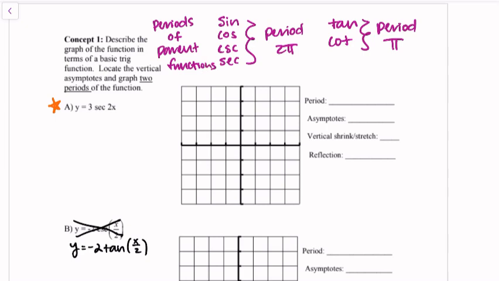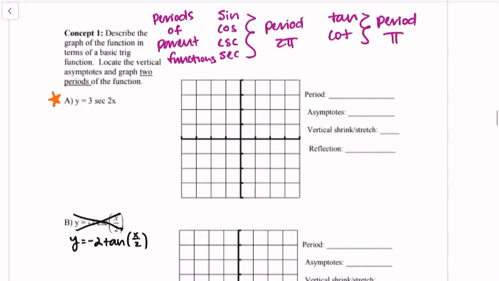Okay, back to what I was saying before, though. So our function that we're looking at is 3 secant of 2x. Well, let's just go ahead and describe what's happening. First, I should know what my secant graph is going to look like. Just a super brief one. I know that it's going to look something